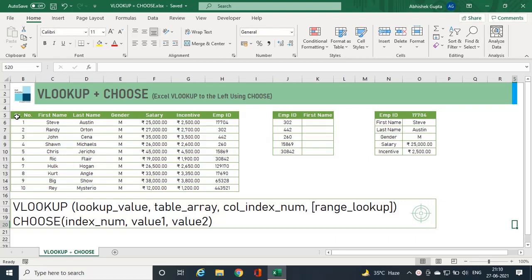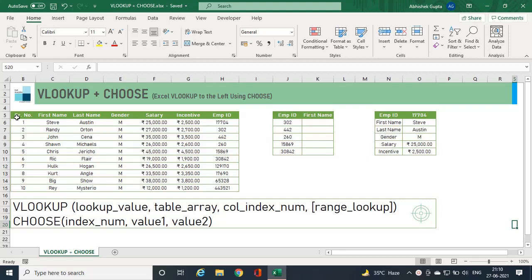In this video, we will talk about the VLOOKUP function, and how we can apply VLOOKUP from right to left. We used to apply VLOOKUP from left to right, where we have the primary key on the leftmost side of the data, but in this video we will see how we can apply the VLOOKUP if we have the primary key anywhere in the data.